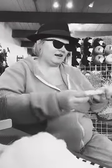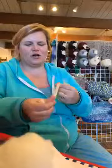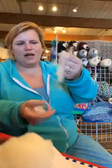So I have this amazing fleece, and because we're doing this breed study, it's a totally off the wall, bizarro, amazing fleece to see how long it is. Hang on, let me change them so they can actually see. There you go. See what I'm doing. Now, it's an East Frisian long wool cross, and